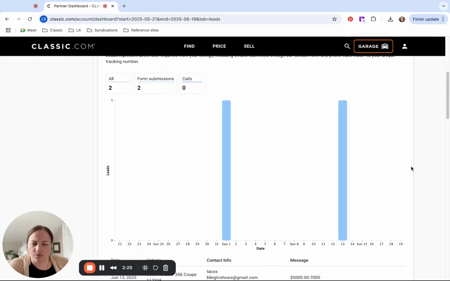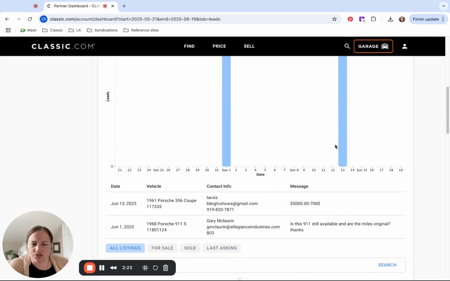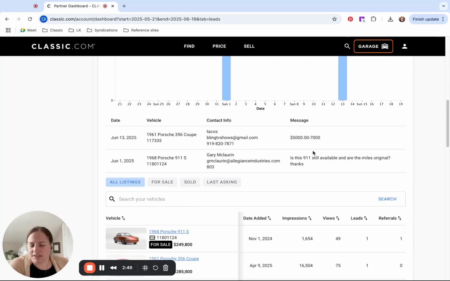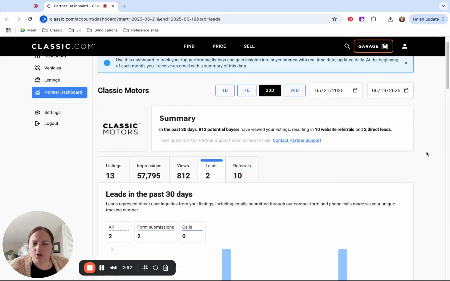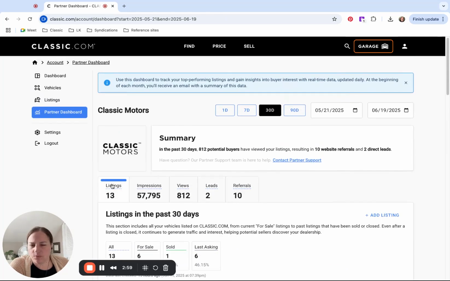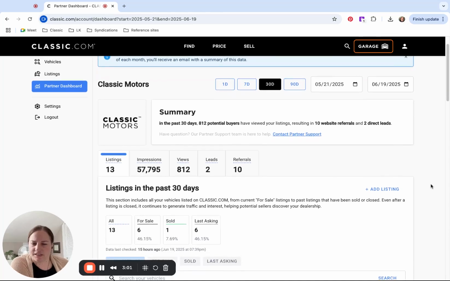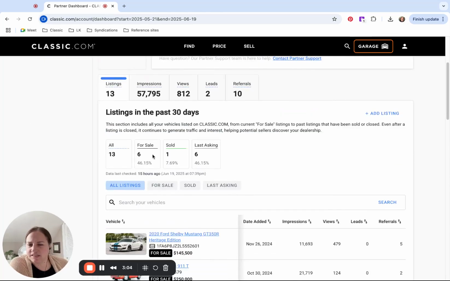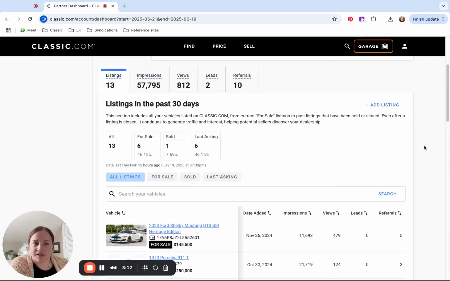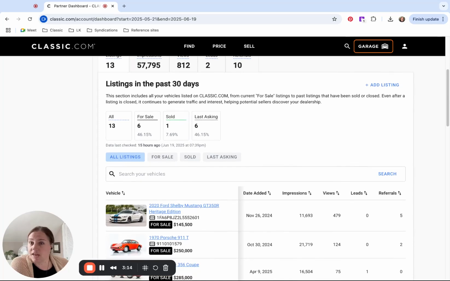And if we look at the chart, we can see that that came in on June 1st and on June 13th. So these leads are also sent to us via email when they happen, but you can always see them in your dashboard. Then if we go back up and we go to our dashboard, we can further explore listings in the past 30 days. We have 6 cars that are for sale, 1 that is recently sold, and then 6 that are showing as our last asking price because they're no longer available, but we're still getting views and referrals